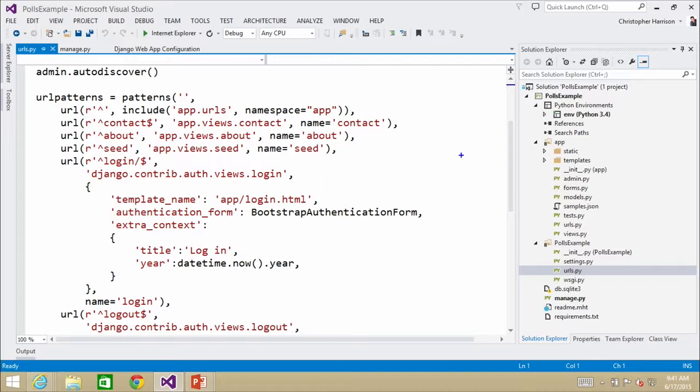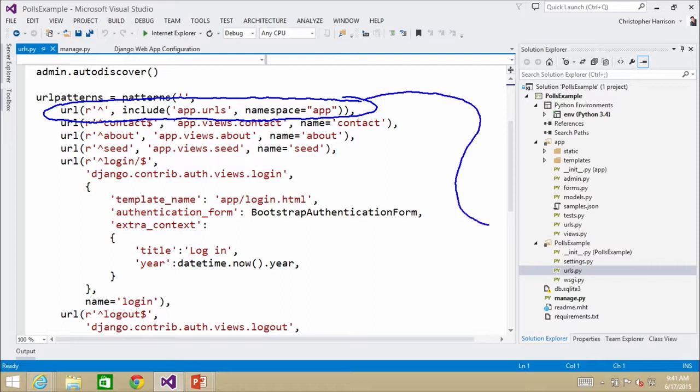Now, I mentioned the fact that there was that second URLs file. One of the things that you can do is point to another file. So you can break it down into separate files, which can help make things that much more manageable. You don't have to. For simple projects, I wouldn't recommend it at all. But for things that are going to get more complex, this can really make your life that much easier.